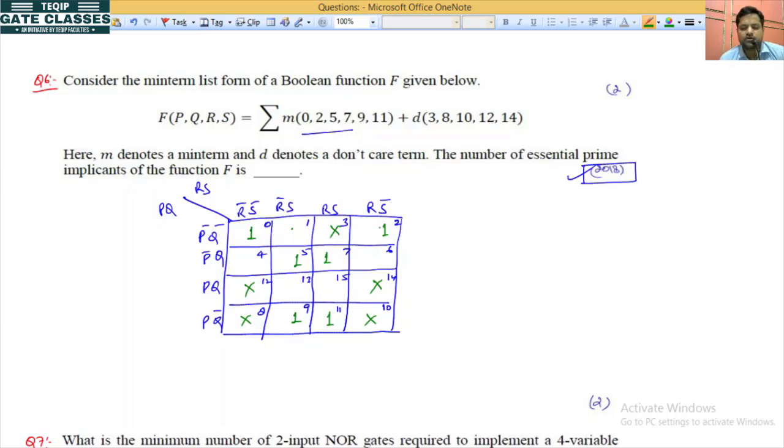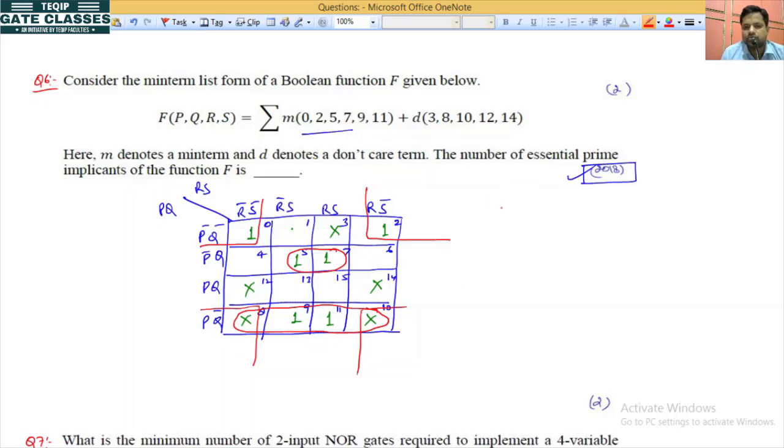Now I want to form grouping. So how many groups can we form here? We can form corner grouping, because in corner grouping we have 2 ones, and it will be one quad. So corner grouping is over. Now we have these 2 ones, so it can be one more quad with the help of these 4 cells. Now for this, is there any quad possible? No. So we have to go for the pair only.